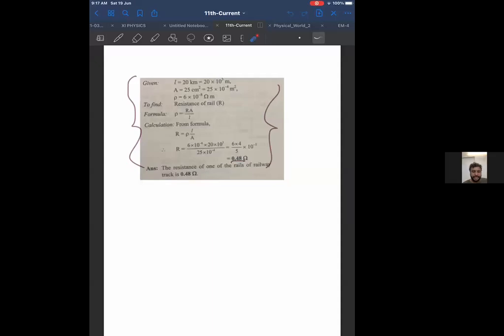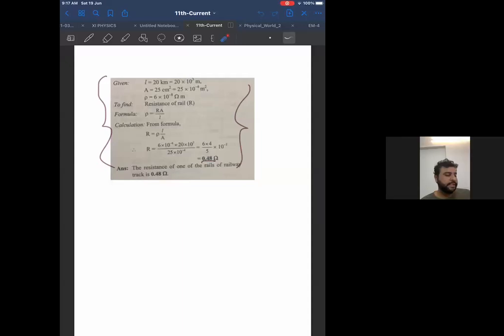Now, in this chapter, current electricity, we have done charge, that is number of charges. Then we have done resistance. Then we have done power. We have done cells in series, cells in parallel, types of cells. We have done resistivity. Then we have done problem on resistivity. We have done resistance in series and parallel. Just check whether we have done all these topics.